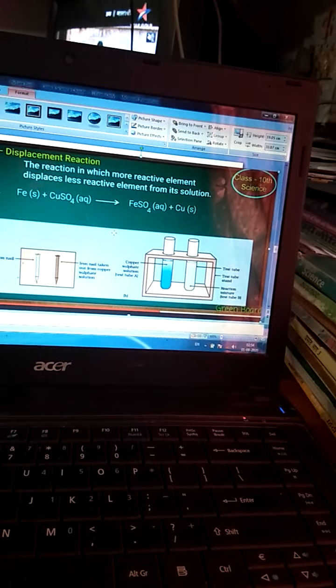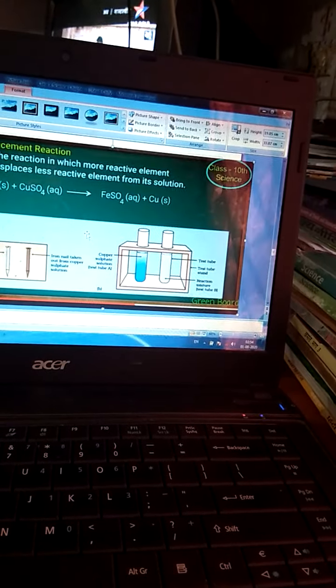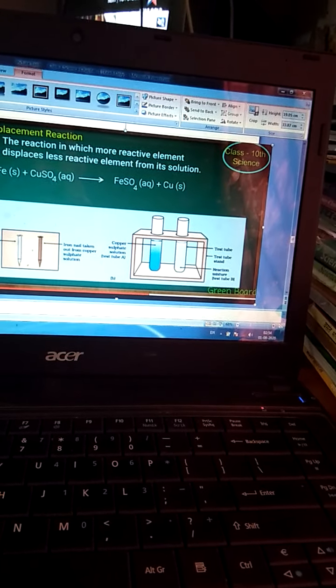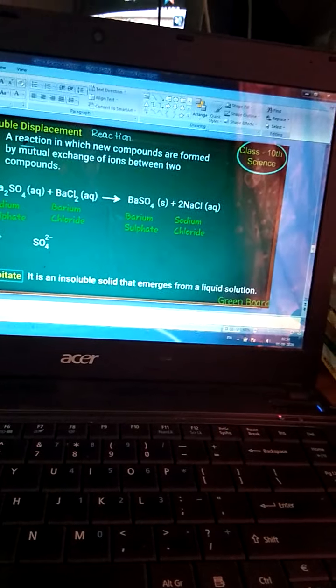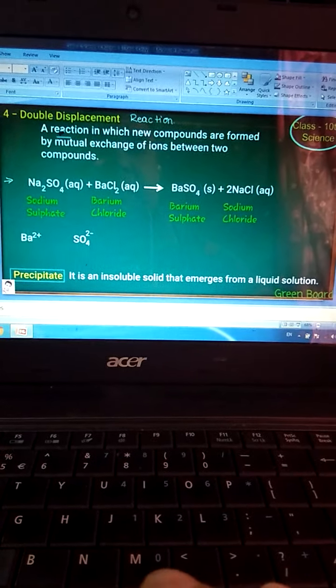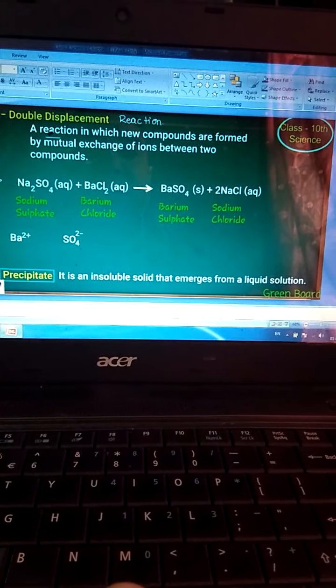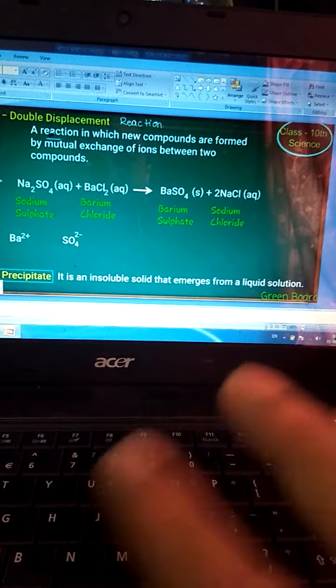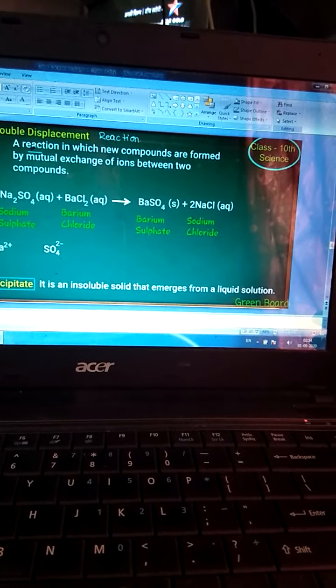After that, we are going to see the fourth type of reaction, that is the double displacement reaction. Now what is double displacement reaction? A reaction in which new compounds are formed by mutual exchange of ions between two compounds. Here mutual exchange is occurring. Example we can see here,